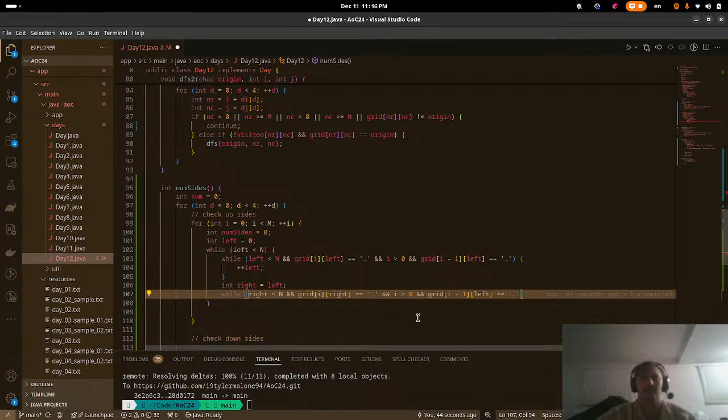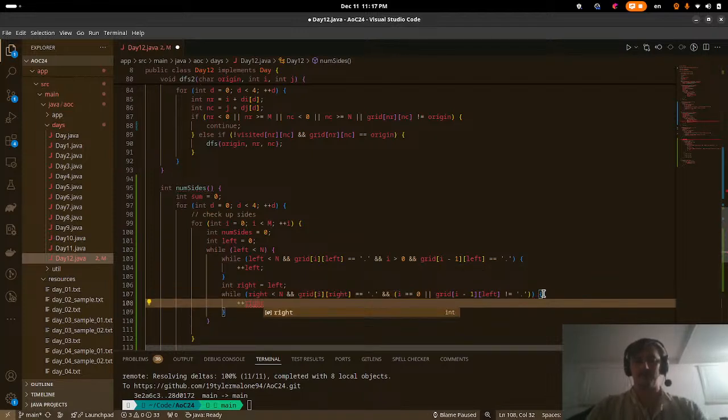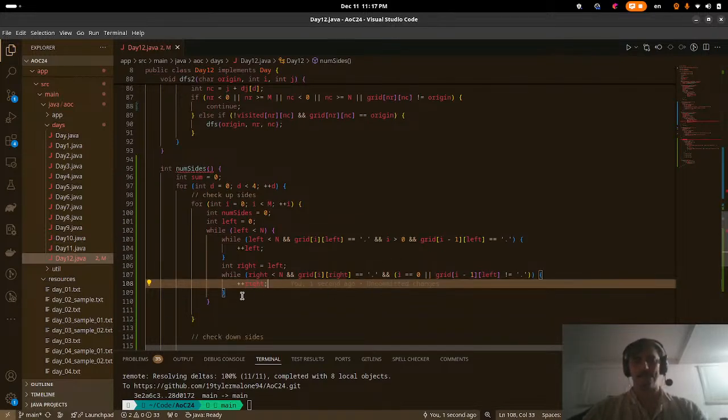or sorry, if i equals 0 this time, i equals 0 or grid[i][j] is not equal to period, then move right. And at the end of that,